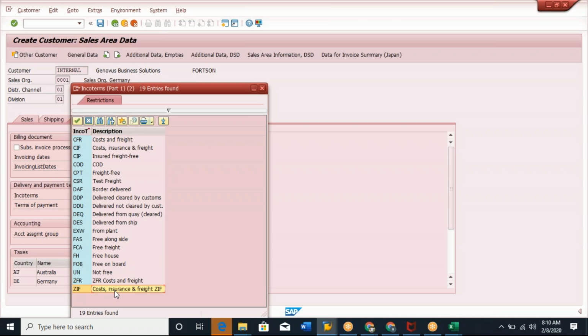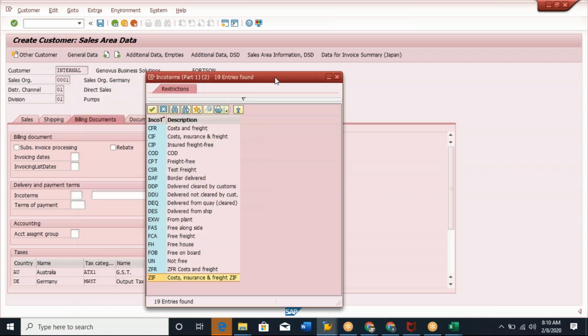Now it is available, because whatever the elements, whatever the components are required for business users who are configuring this activity. Creation of the customer master is the activity of